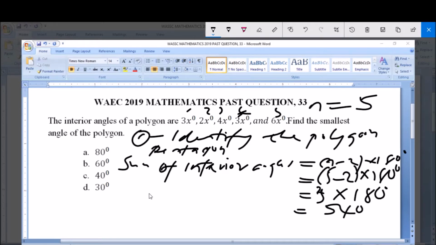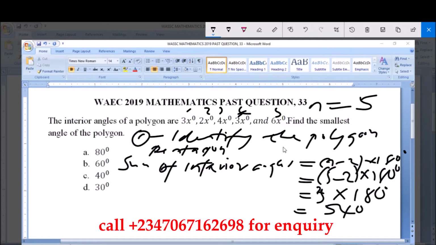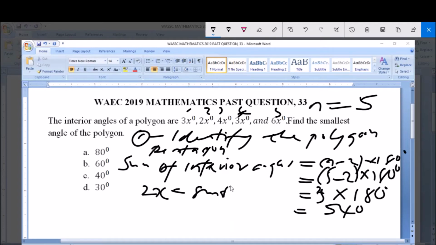Now this question is asking us to find the smallest angle. The smallest angle will be 2x. 2x will be the smallest angle. But to find 2x, we'll have to find x. Now how do we find x? We have that the total number of angles is